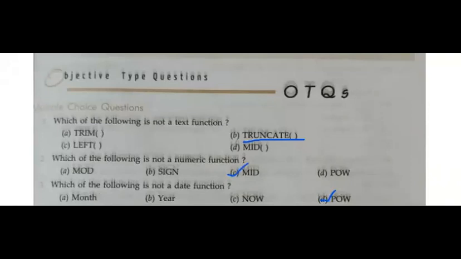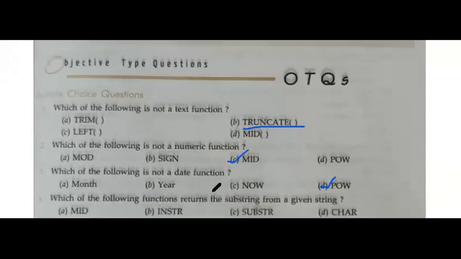Okay. Next question. Which of the following function returns a substring from a given string? Substring कौन सा return करके देता है function? Pranjal correct, Seema correct, Lavanya wrong, Sneha correct, Hershey wrong, Lavanya correct. What happened, Mantasha?